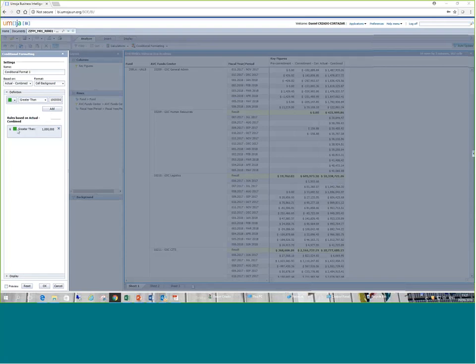So the rule is putting green the cell background if it is greater than 1 million. Instead of clicking OK, I'm going to see the preview. I tick on preview, and you see in the background of my report that is grayed out, I see the result of my conditional formatting. It looks OK, so I click on OK,